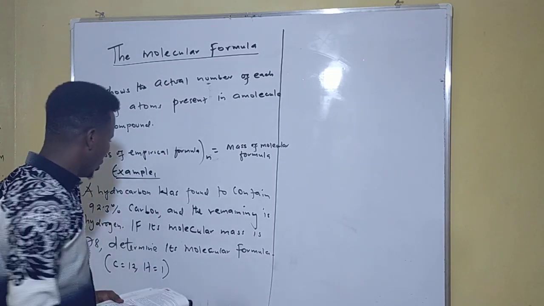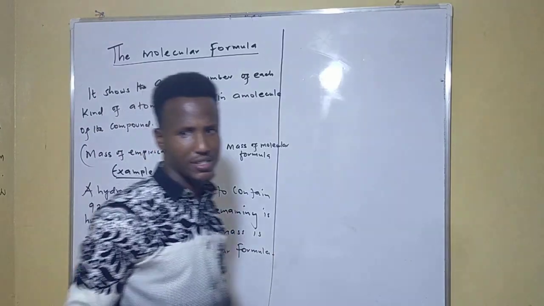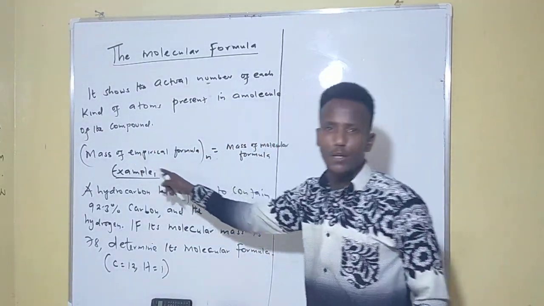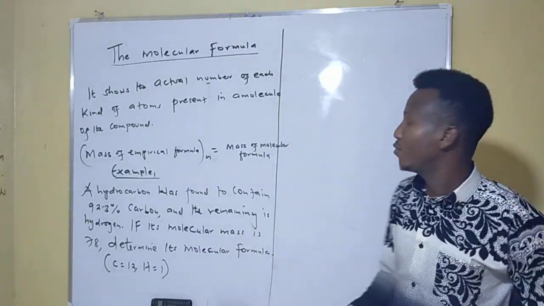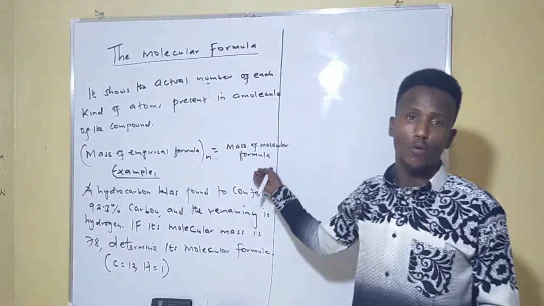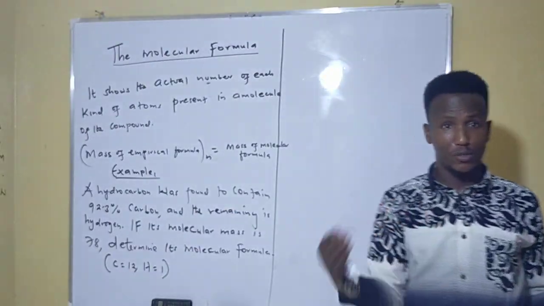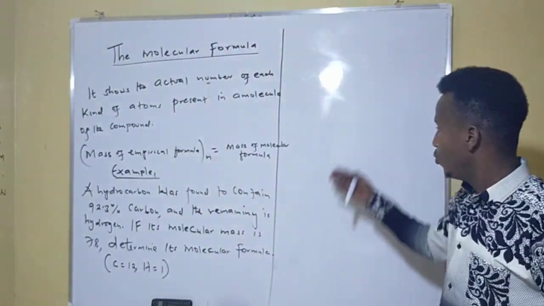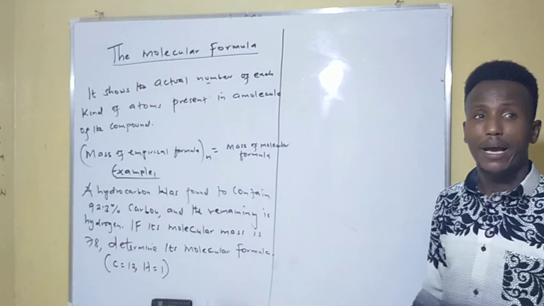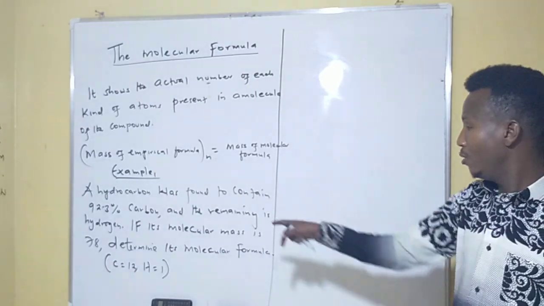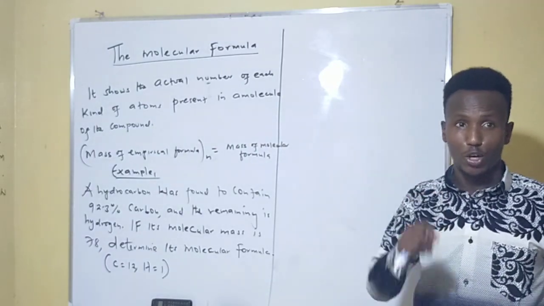Okay? So just understand, for you to get the molecular formula, you must get the empirical formula first. Because the mass of the empirical formula multiplied by a certain number will give you the molecular formula. Don't forget that. So that's why we're saying the molecular formula is always a multiple of the empirical formula. Then, from the concept of our previous class, which was the empirical concept, we are going to calculate the empirical formula. Then multiplied by n will give us the molecular formula. The molecular mass, sorry, will be equated to the molecular mass, and from there you're going to get the value of n.